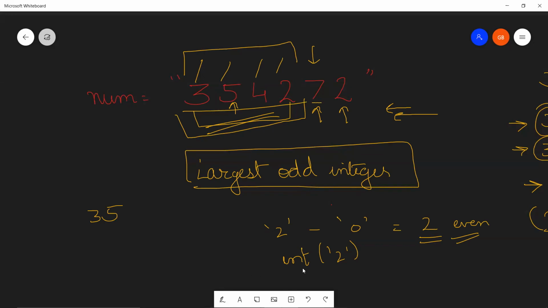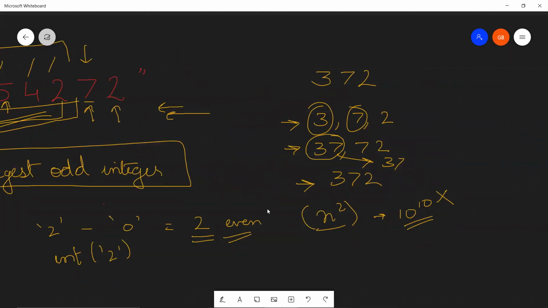I'm kind of feeling guilty that this video is so small, so I'm going to quickly write the pseudocode. But before I begin with the pseudocode, I would request you to pause this video and go to the compiler. It is possible that you would have tried the generation of all substrings method, and would not have been able to think about this largest odd integer method. So go to the compiler now and try to write this code on your own.